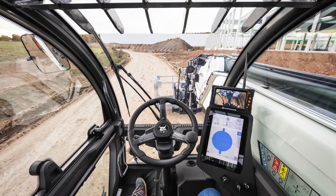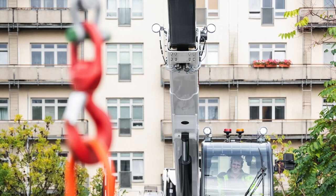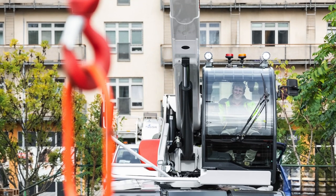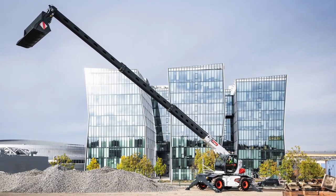For example, the cabin itself. It's a crane cab-inspired design. We've patented it. There's nothing at the front, no covering, no cladding. So the windshield extends from ceiling to the floor of the cabin. And so that gives the operator full visibility, an ultra panoramic view, pretty much unrivaled in the industry. Dashboard's in the corner. The steering column is adjustable. You can push it, you can pull it, you can adjust the height so it gives you a better view,